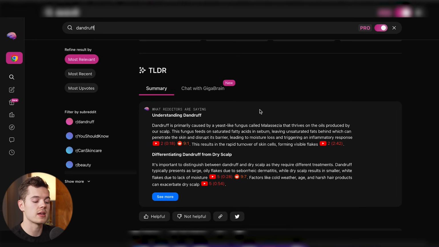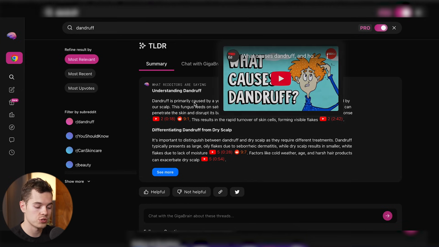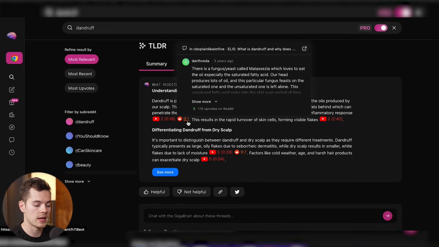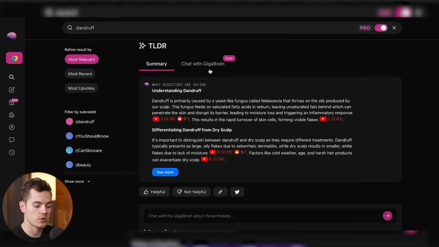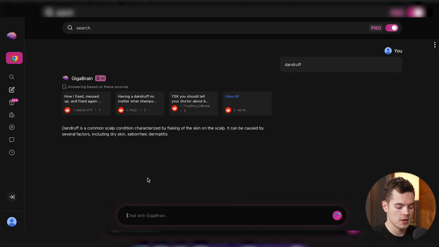And the cool thing about Gigabrain is that it doesn't just give you this summary, but you can click through to the actual Reddit post. So let's say it's something you want to explore a little deeper. You can click through here, and it will take you straight to the Reddit post. Or you can go on chat with Gigabrain, which is a relatively new feature that they've introduced, and you can just say